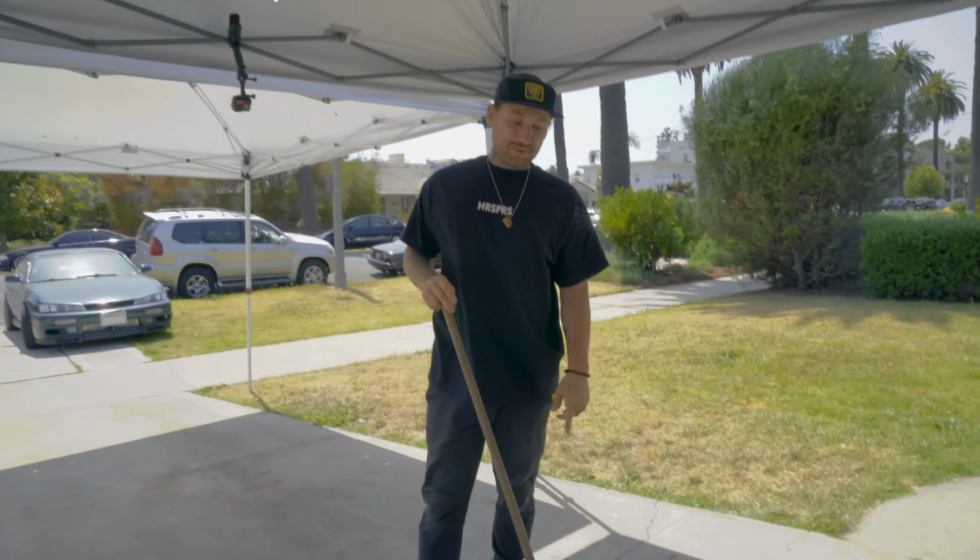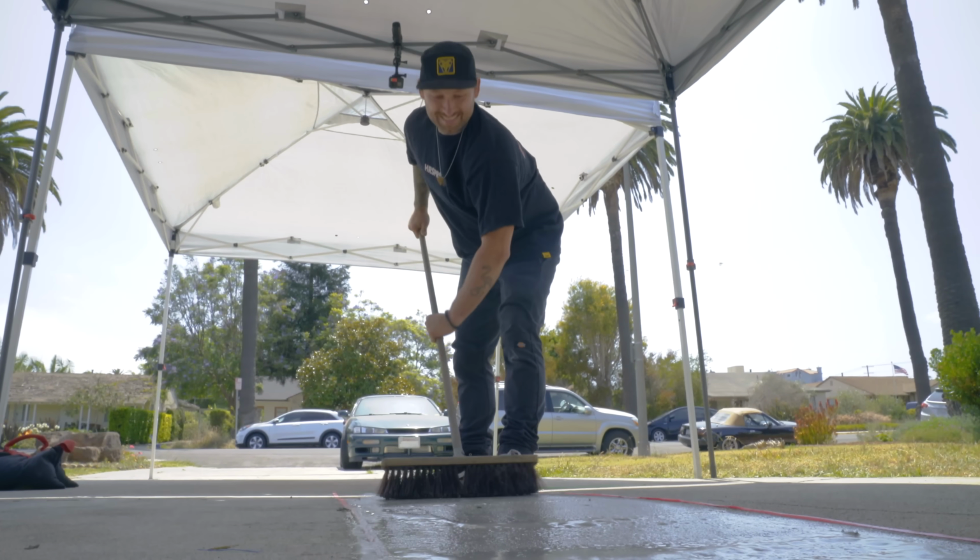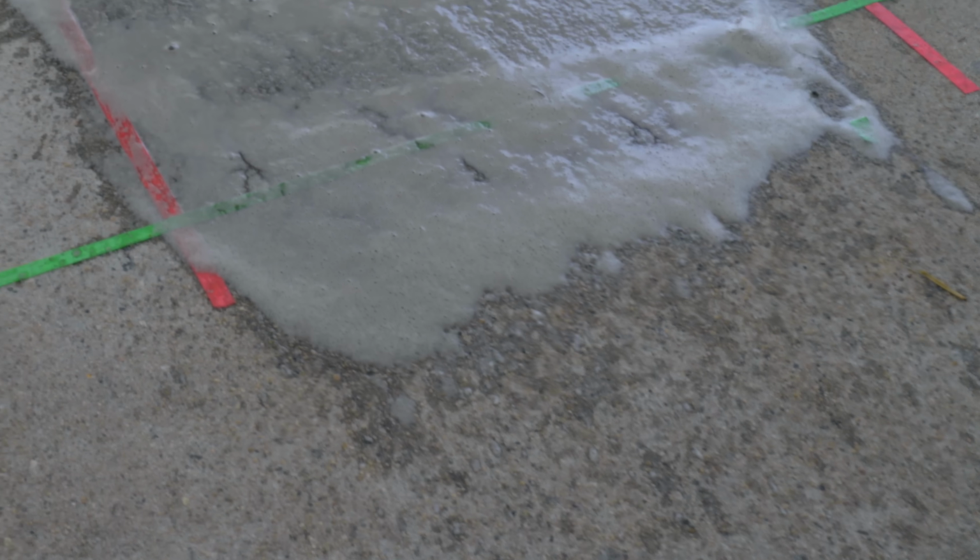No, man, this is looking pretty good. It definitely smells more effective. It smells pretty chemical. That's a pungent odor. That means it's working, right? And look at that foam you're getting, dude. Oh,